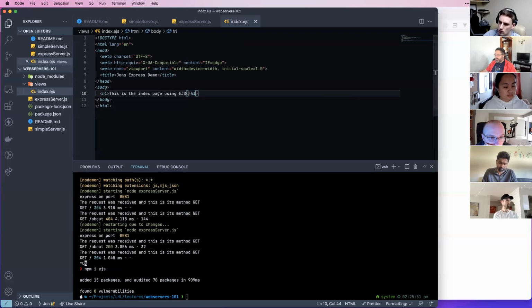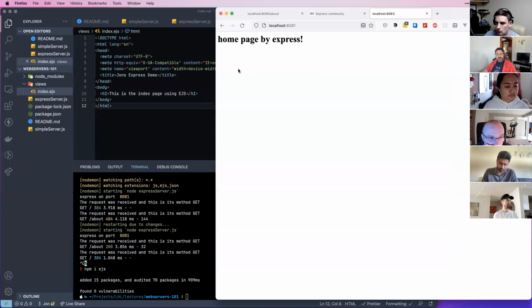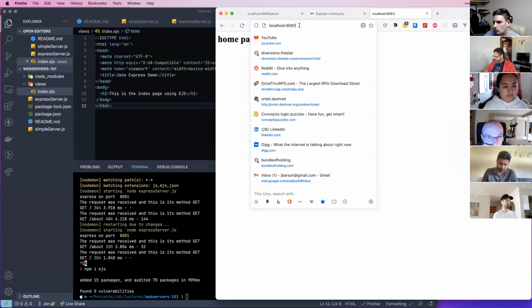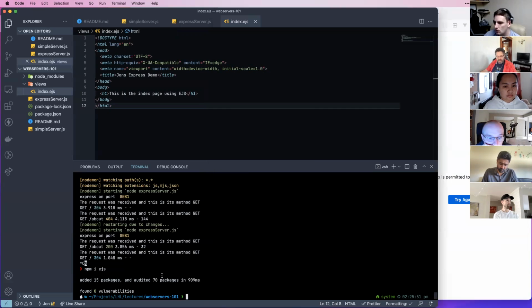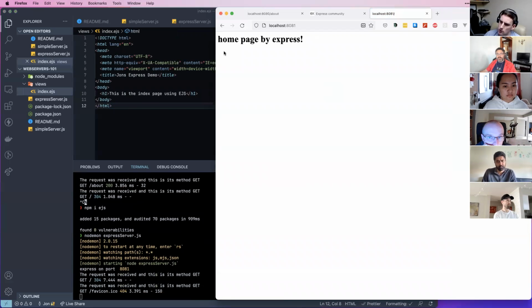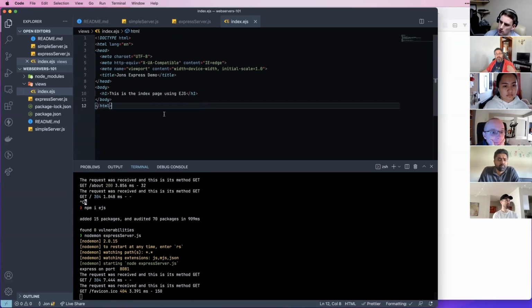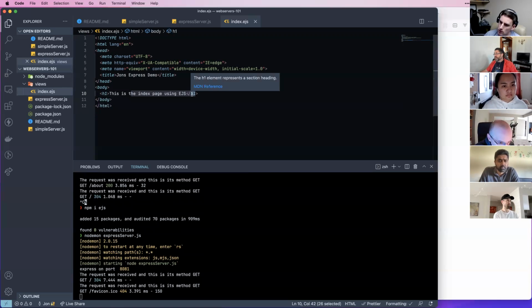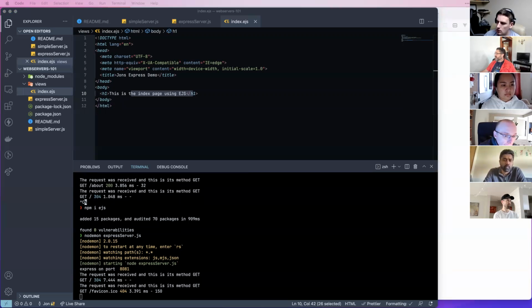So let's see what we need to do in order to get this to work. Right now, if I go to my index route, which is /, and I run my server, it's going to say home page by Express. So my goal here is to have this new header show up on that page. Okay, so how do I go about that? I need to do a couple things. The first thing I do